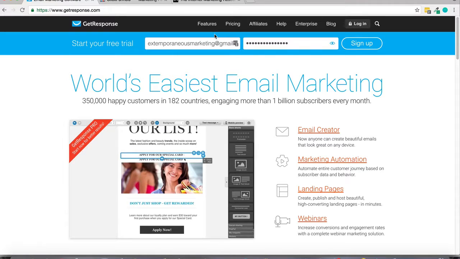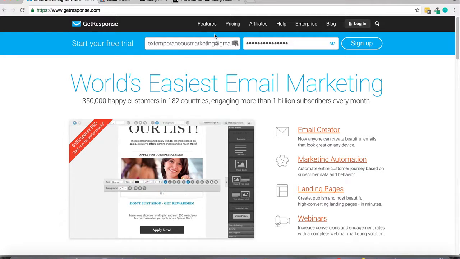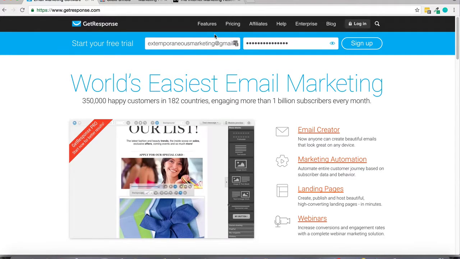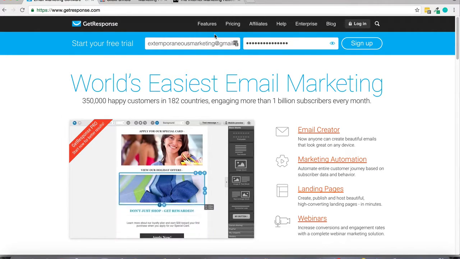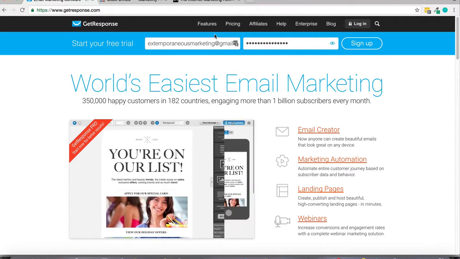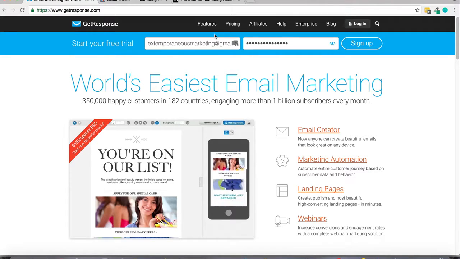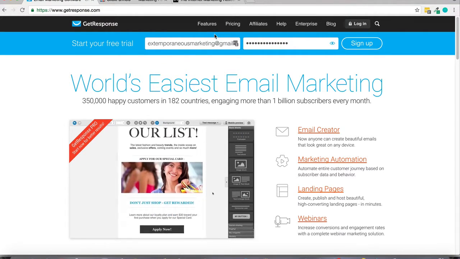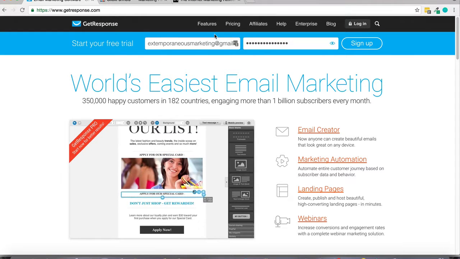Think of it like having access to an entire group of targeted people, like an entire stadium of people. All the people that come to a stadium are there to watch a football game. Now, what if you could message all those people at the click of a button and present a specific offer to them that they're likely interested in because they're already at that event? So it's a very powerful marketing tool.